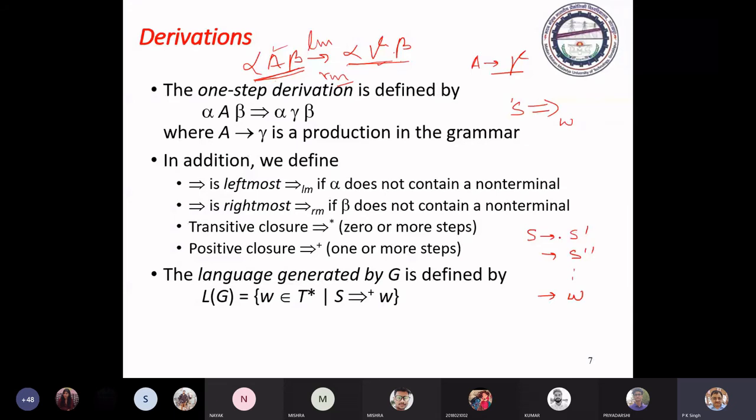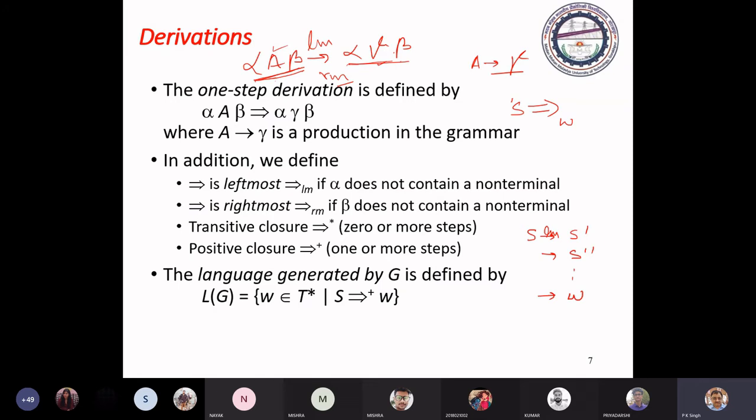If we are considering the leftmost non-terminal for replacement, then we write here LM. Otherwise, if we are considering the rightmost non-terminal for replacement, then we write here RM. Means if we are considering the leftmost non-terminal in each case to get the next sentential form, S double dash is the next sentential form of S dash.